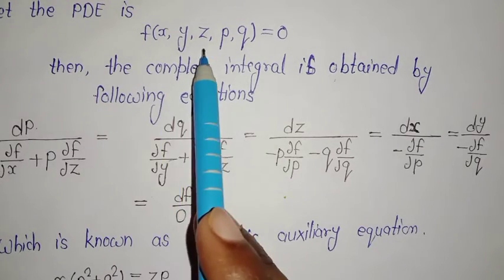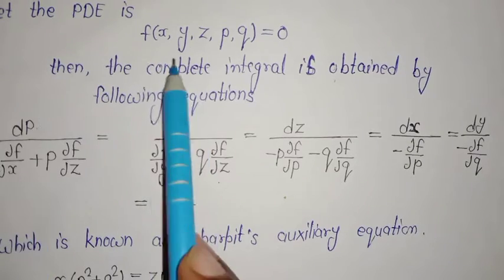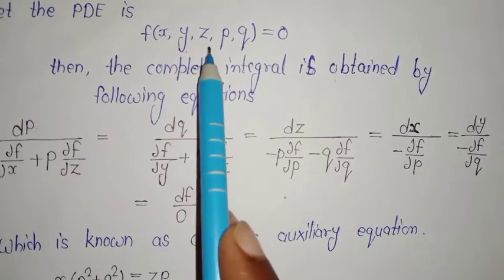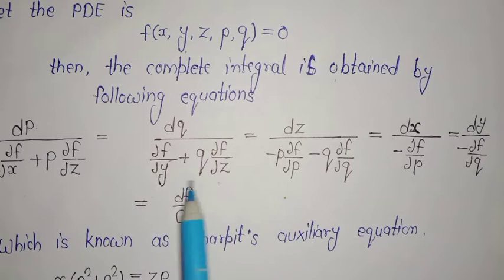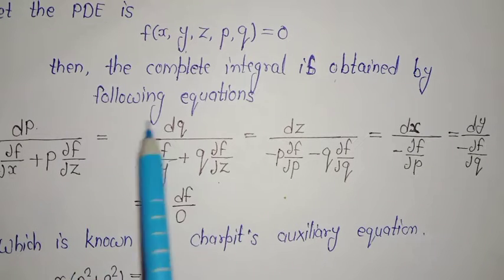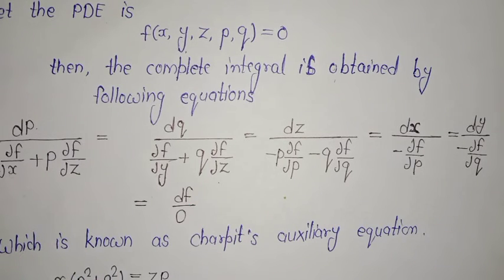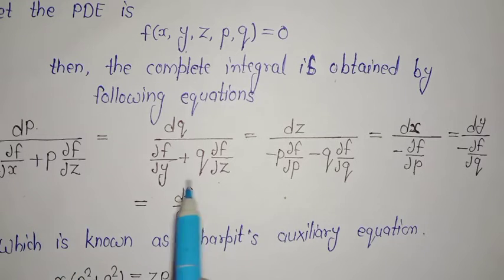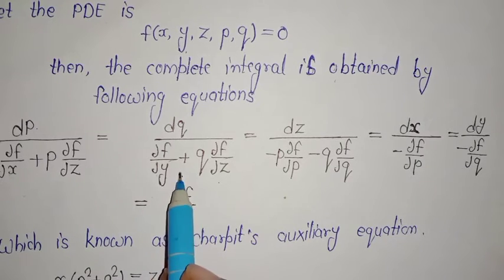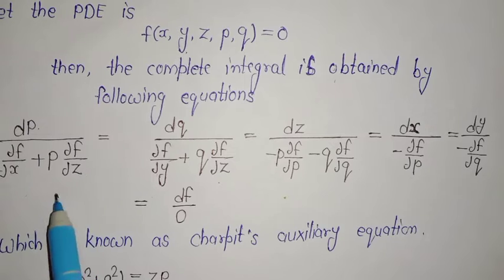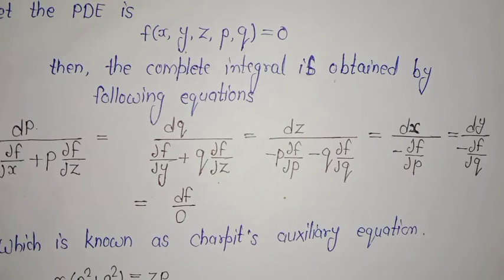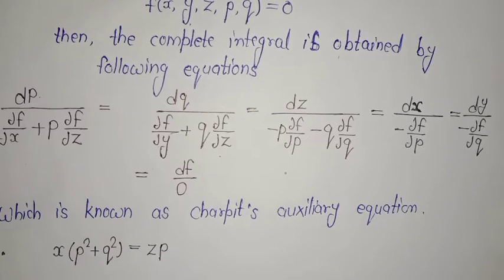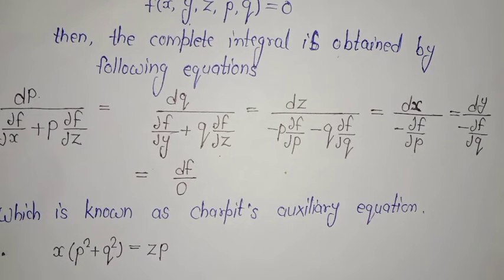Firstly we write the given function and then differentiate it with respect to x, y, z, p and q, and then we put it into these equations, and after taking two pairs we can solve it. Generally we can solve all the problems with these two pairs only. So we have to learn this to solve any non-linear PDE with the help of Charpit's method. We will take some examples so that this concept becomes more clear to you.